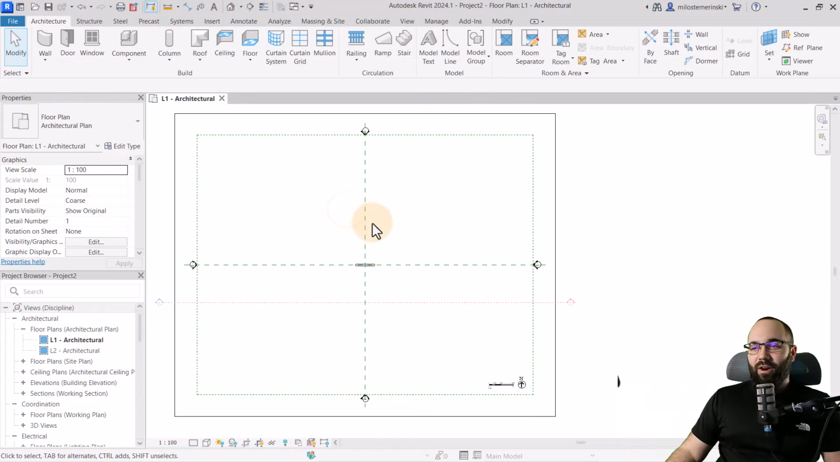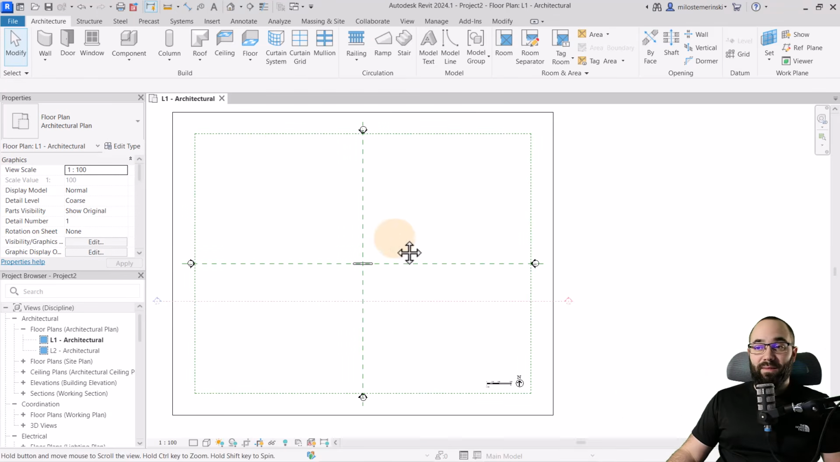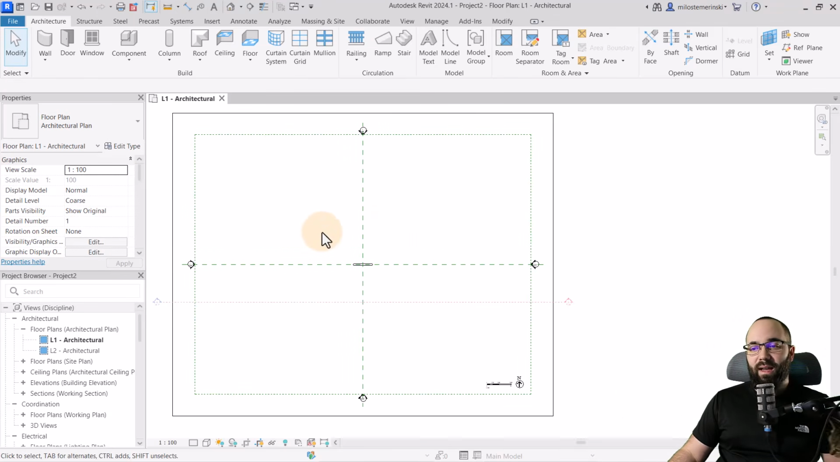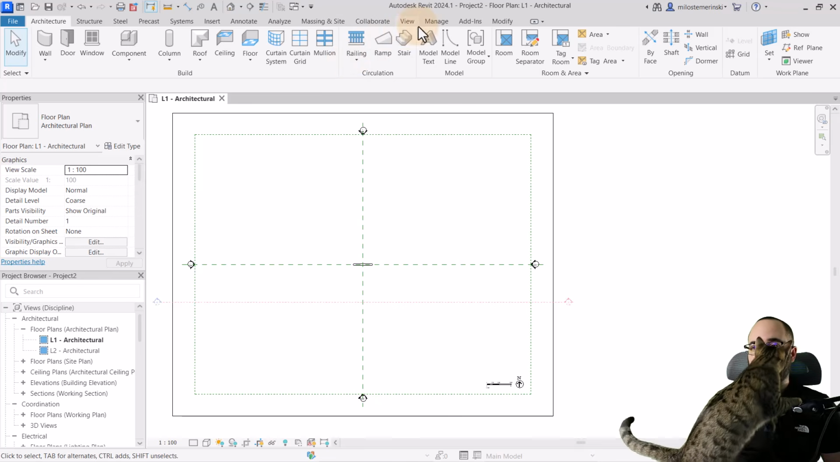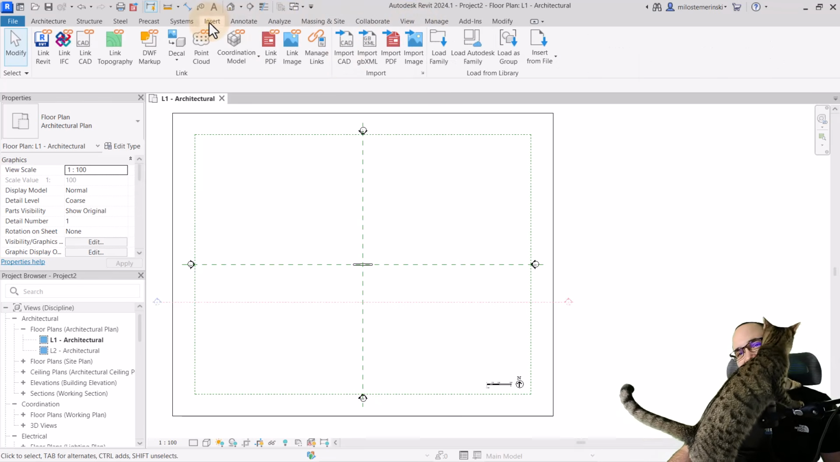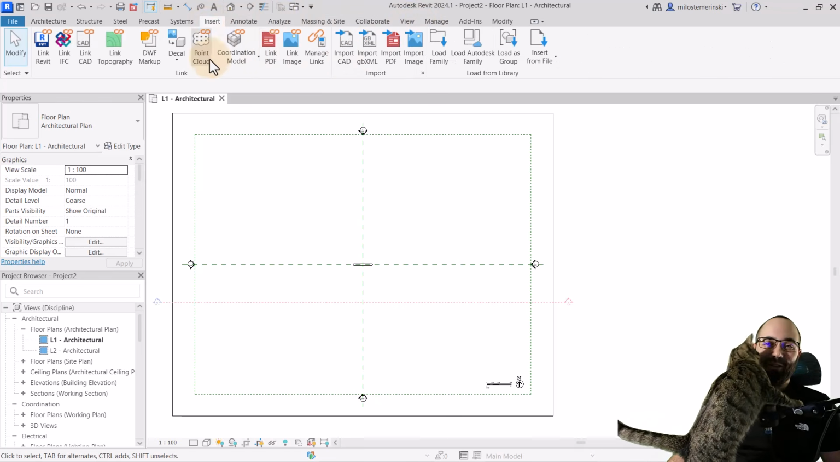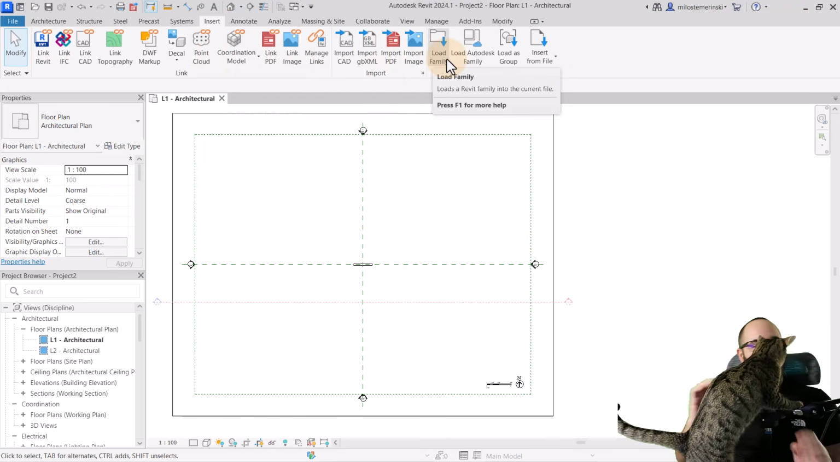Okay, and here we are in Revit, and as you can see, I have this Revit project, and the first mistake that I'm going to be talking about is loading in families the wrong way. So when it comes to loading families into Revit, we have a couple of options. The first option is to go here to the Insert tab, and then let's go here to, okay, let's move